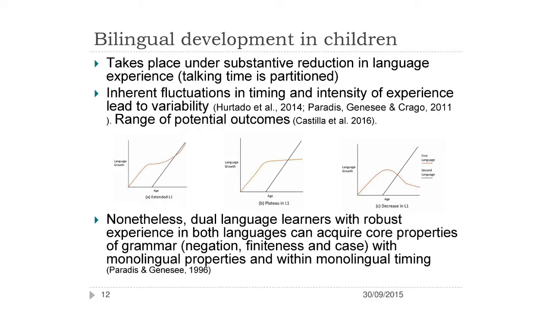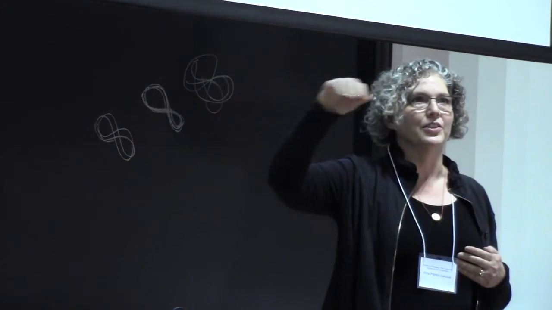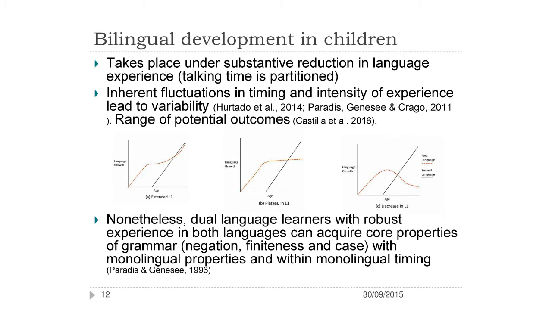That's the timetable. So the first line indicates the first language, and the second language is English, whose exposure increases with schooling. Then we have plateaus, where the child gets to a level and stays there and doesn't progress, doesn't acquire some of the aspects of the adult grammar. And then you have decrease or loss.